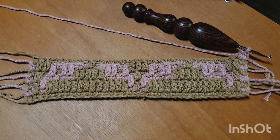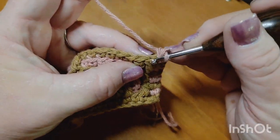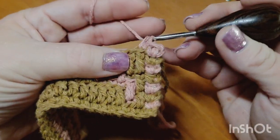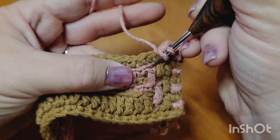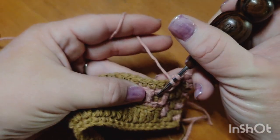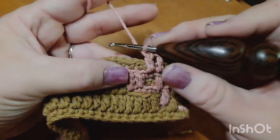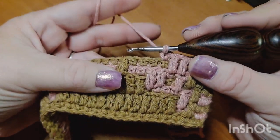Row 8 begins now, and we are working in color B. Row 8's repeat begins with 2 single crochets, 1, 2, 2 double crochets, 1, 2, 1 single crochet, 3 double crochets,